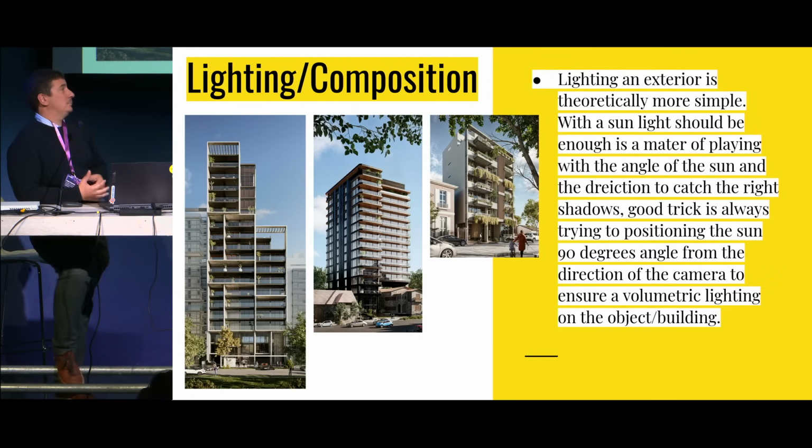And then in the lighting, the light direction is important. It seems like something silly to say, but a good tip is to always try the light at 90 degrees from the direction of the camera at the very beginning. That will more or less ensure you have some volume in the image. But the shadows, as I showed in the assets for the exterior, are basically texture in the image, right? It's blacks and whites, so it helps a lot to build the image. So what we put behind the camera is important for the shadows and for the reflections,